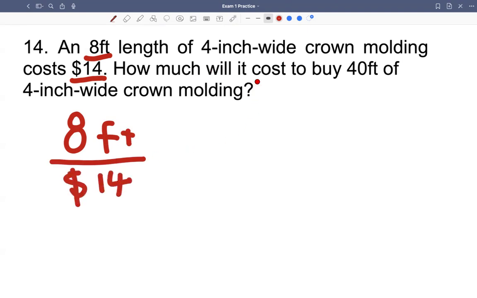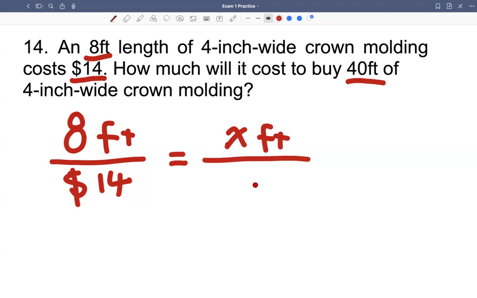The question is, how much will it cost to buy 40 feet? To buy 40 feet, right? We don't know. Let's call it X feet. No, 40. What am I doing? 40 feet. To buy 40 feet costs how much? We don't know how much. Let's say X dollars, right? So it's a proportion equation again. We can solve by